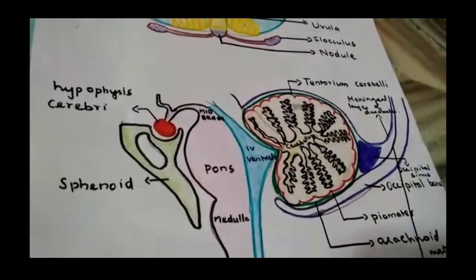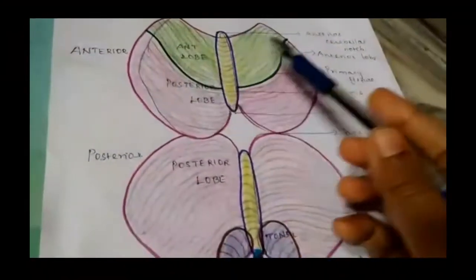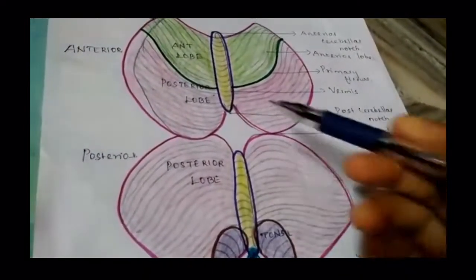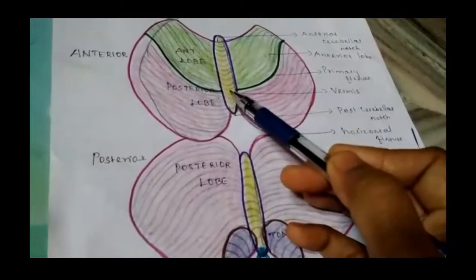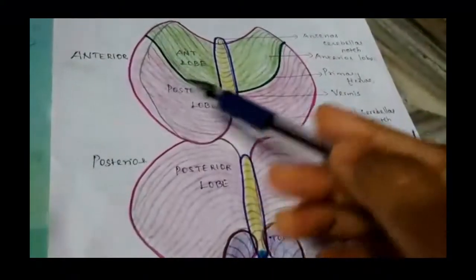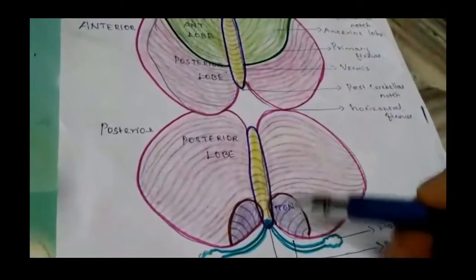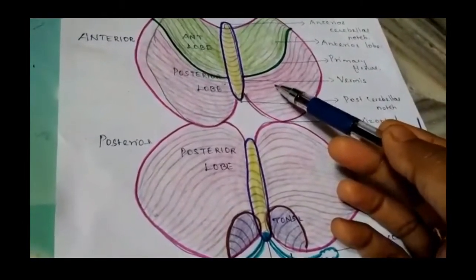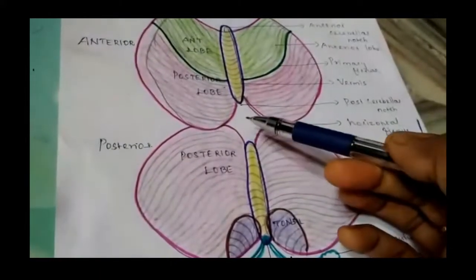The cerebellum contains two cerebellar hemispheres that are united by the median vermis. Look here, this area is known as the vermis, and it has two surfaces. This is the superior surface and here is the inferior surface. The superior surface is slightly convex. The two hemispheres are continuous with each other on this surface.